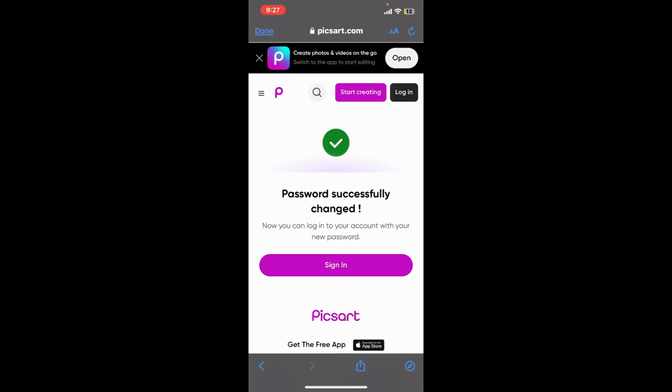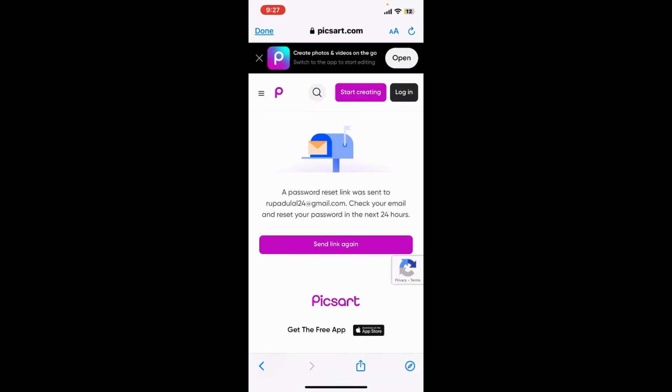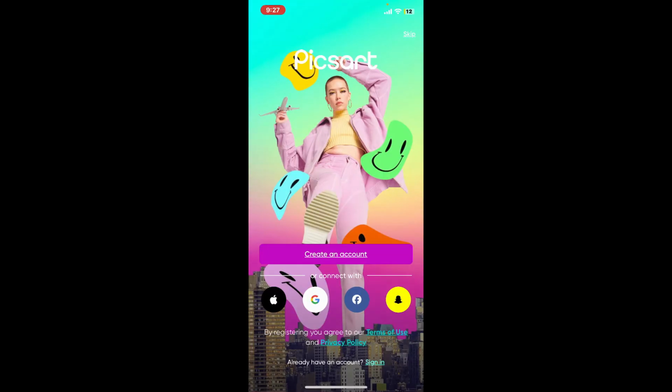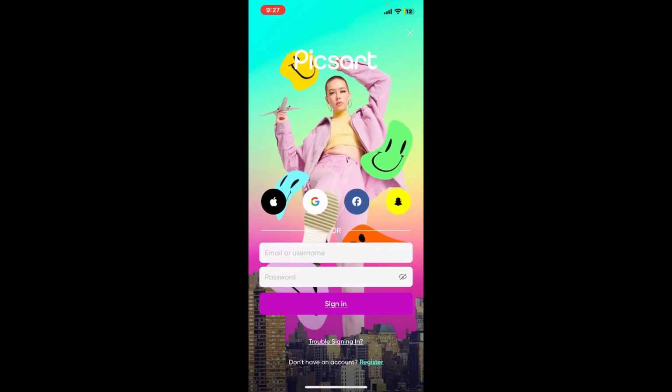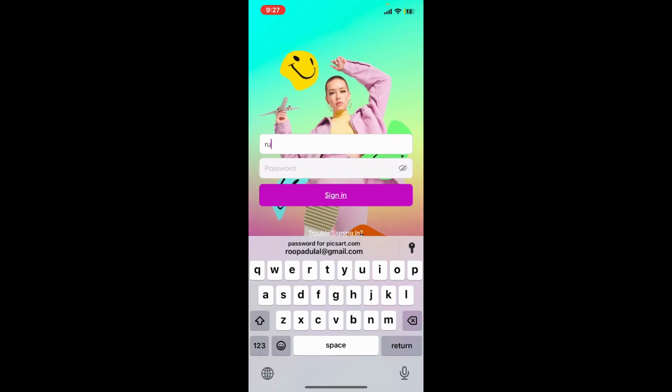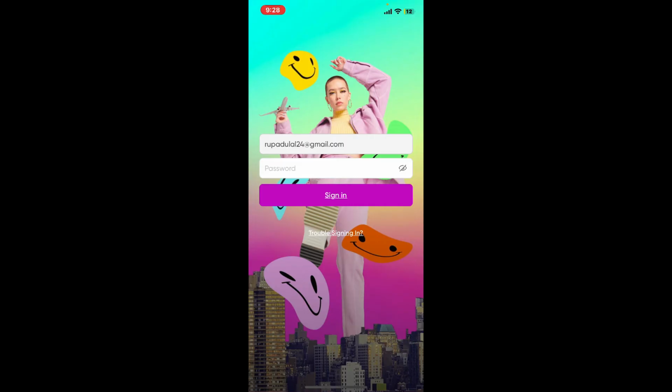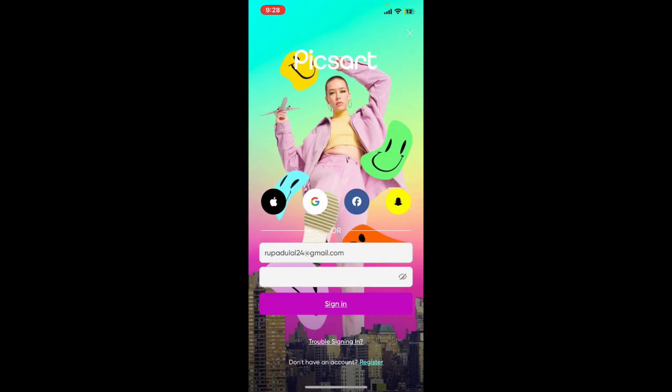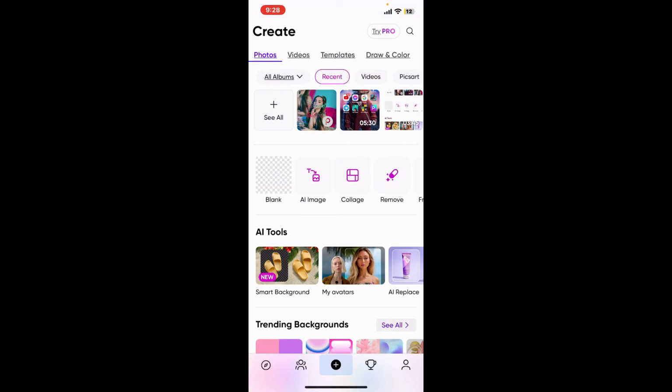You can now log into your account with the new password. Go back to the Picsart application and make sure to restart the app from the beginning. Now click on Sign In at the bottom and enter the email address and then the newly updated password on the next field. Finally, click on Sign In and you will then be able to log into your Picsart account